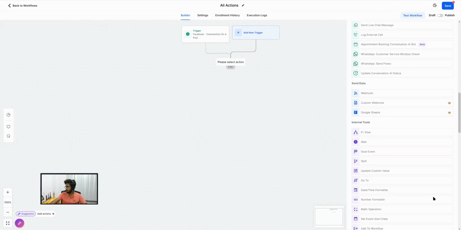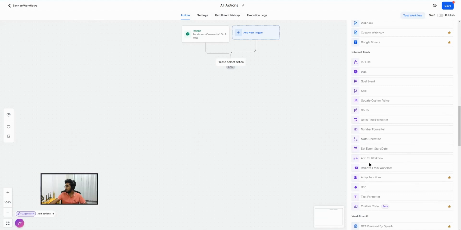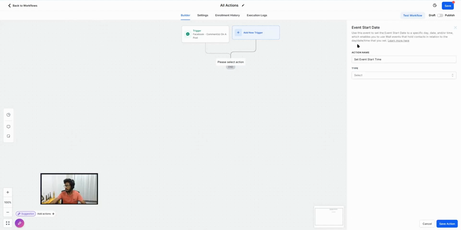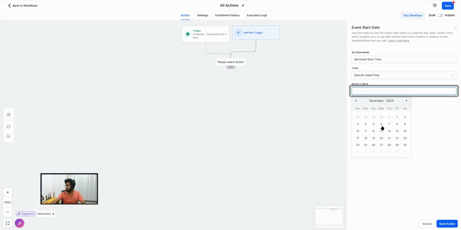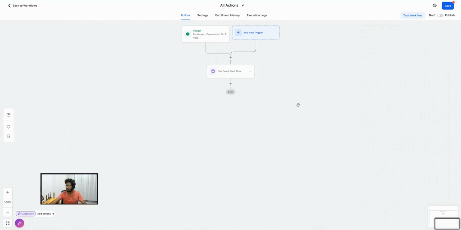Let's go to the next one, which is event start date. So this would be the use case if you are having a webinar coming up. So you can just select that webinar date and time here. And then, for example, if you're having a webinar at this time and date, so you can just configure this